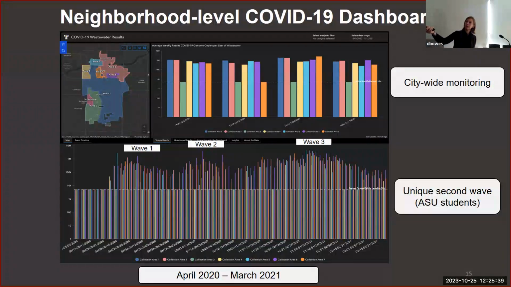And then wave 2 was actually kind of unique. We weren't seeing this anywhere else on any of the other data sets or dashboards that were being posted at the time. And so we looked at the dates, and it was just about late August, and we said, oh, this must be ASU students coming back. It's very difficult to tell on the screen here, but if you were to put your face up to the screen, the colors correspond to the catchment areas towards the top of the city, the northern end of the city, and that is where ASU is housed. And then, of course, we have our third wave as we get to the end of 2020 into early 2021.